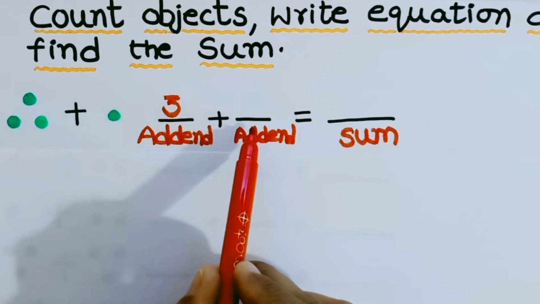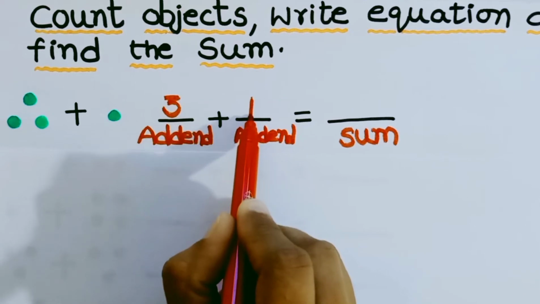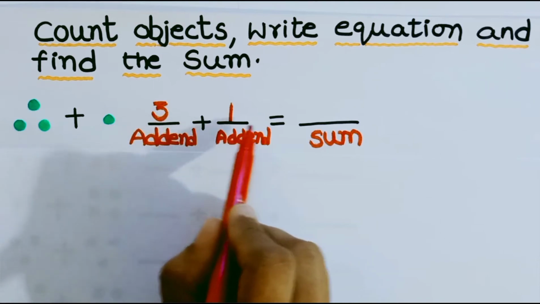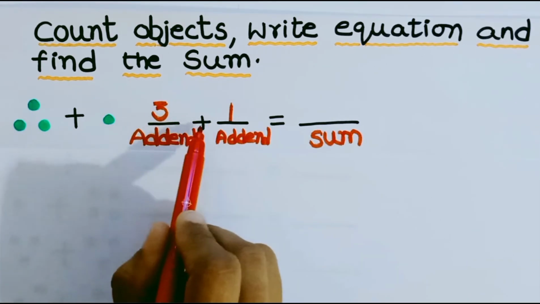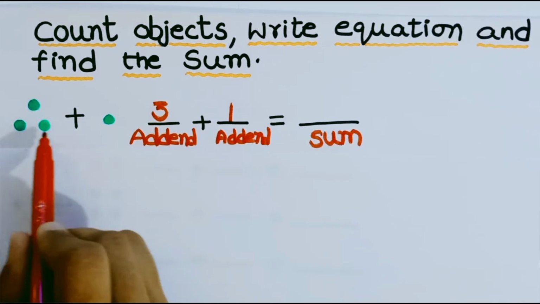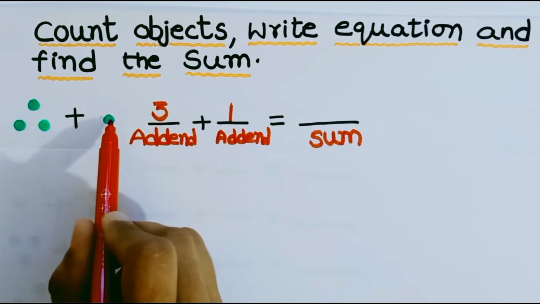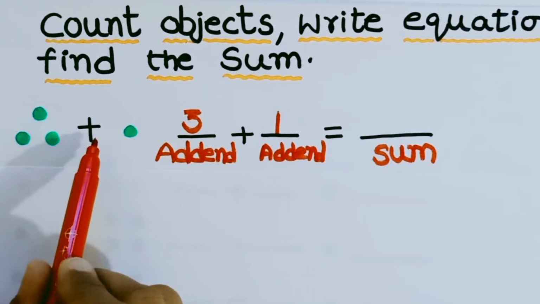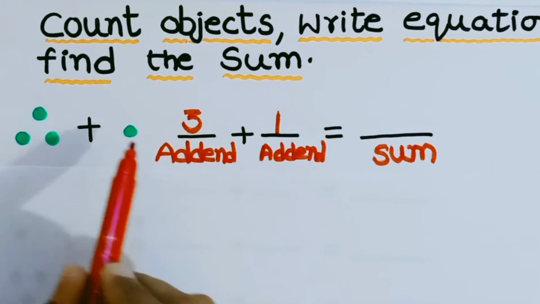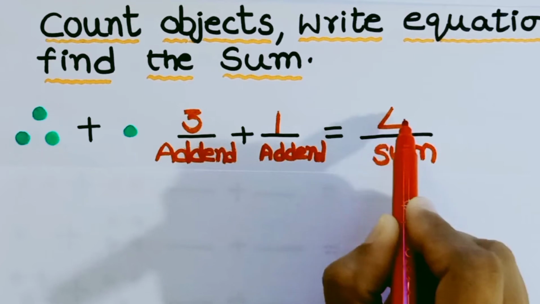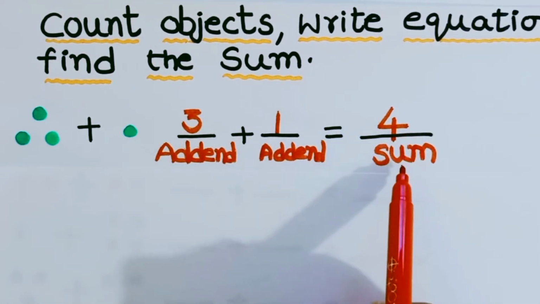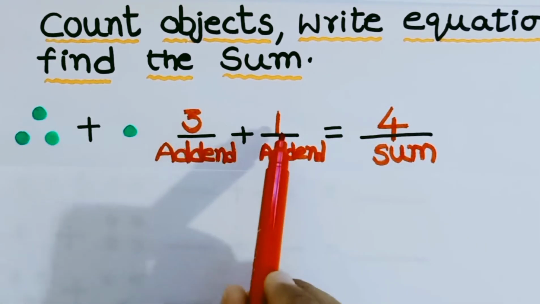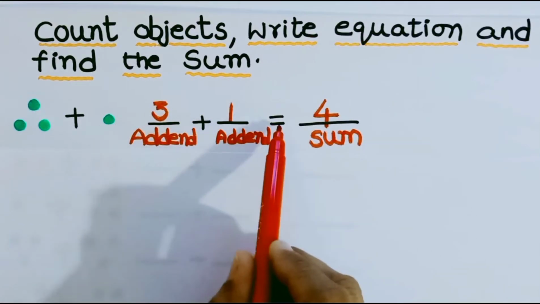Now let us write the second addend here. It is 1. So what are the two addends now we got? Yes, they are 3 and 1. What is the total value of 3 plus 1? Now count the total number of circles. 1, 2, 3, 4. So if we add 1 circle to the 3 circles, altogether we get 4 circles. The total value is 4. It is called the sum. So the addition of 3 and 1 gives 4. 3 plus 1 equals 4.